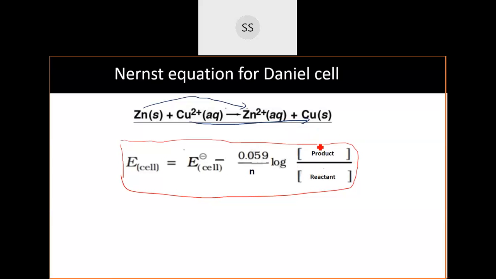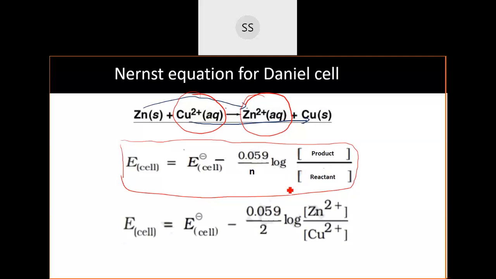Now you have to just represent the Daniell cell. Product, which one is there now? On the product side you can see zinc ions, Zn2+. And on the reactant side you can see copper ions, Cu2+. So you write E cell is equal to E naught cell minus, now the n value you need to find. n stands for the number of electrons lost or gained during the reaction. From zinc converting to Zn2+, you can find how many electrons were lost. Here the coefficient is 1. One mole of zinc has lost 2 electrons, meaning 2 moles of electrons are lost. So n value is 2.